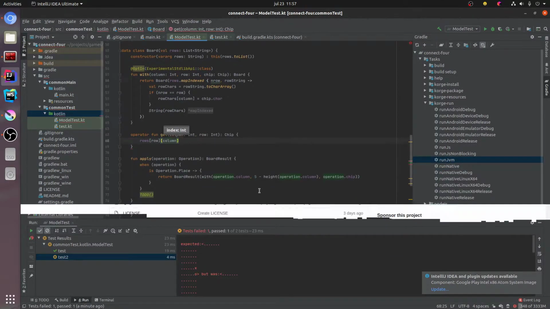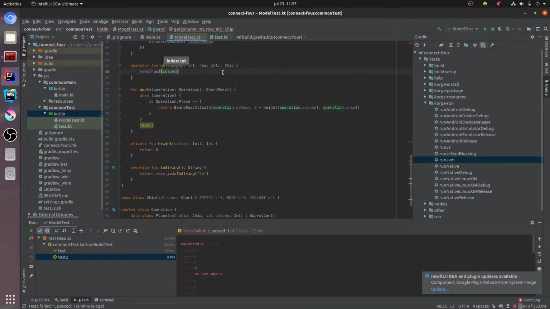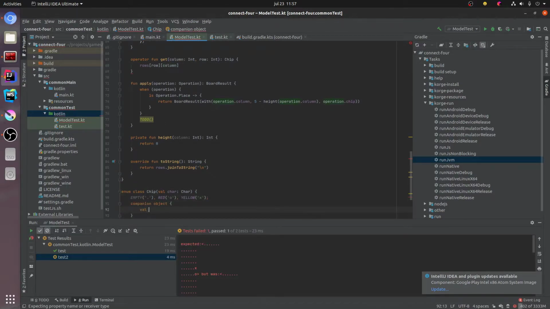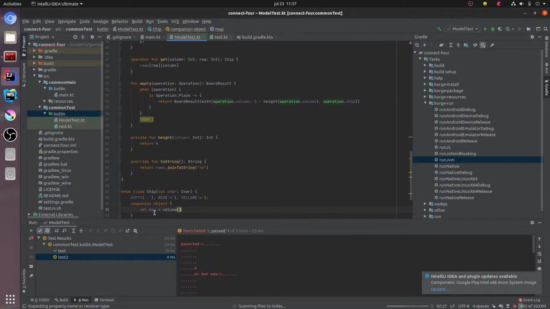Since this is a string, we have to convert the character into an actual chip. So for now, well, let's do it right. It should be something like, let's create a map here with the values. These values is a list of chips, and we can associate